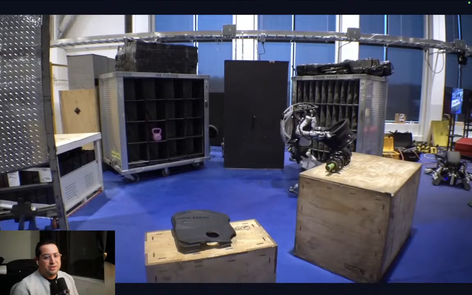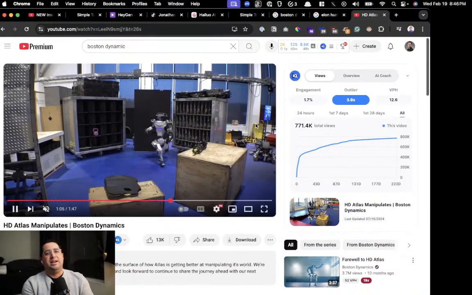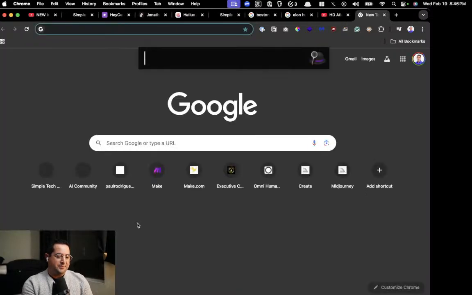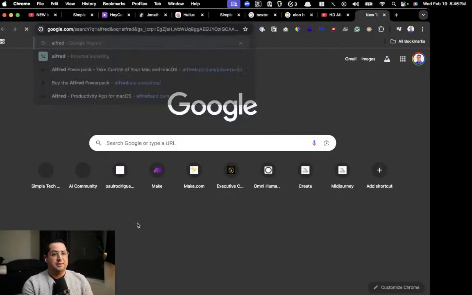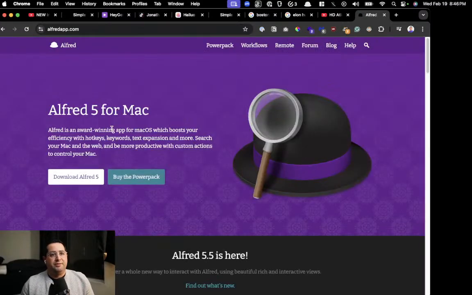Mr. Tank is asking, what search bar are you using? Great question. I teach this in the productivity course for the AI community members, coming out next week. Number one is you have to be using Mac. I'll happily debate it any day. Mac for life, unless you're doing PC for gaming. PC wins for gaming, nothing wrong with that. But if you want to be productive and run a business efficiently, you have to use a Mac. It doesn't matter what Mac.